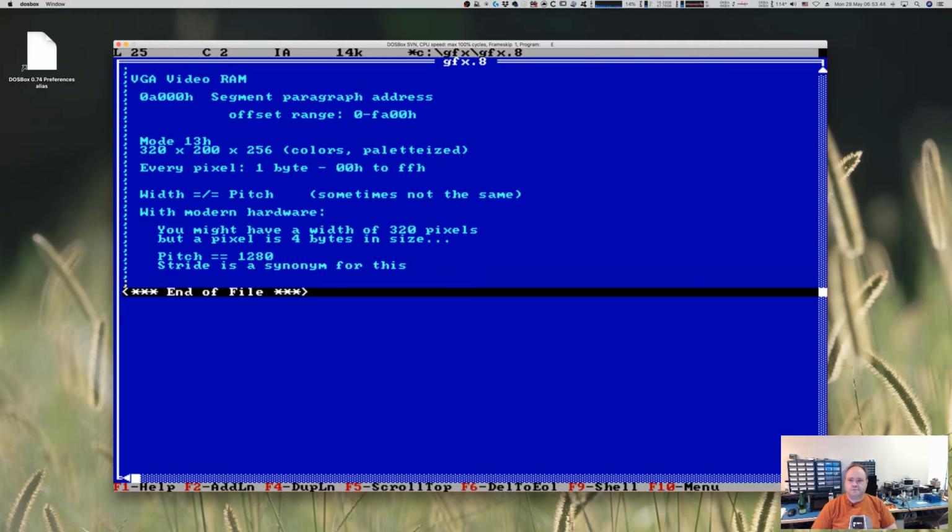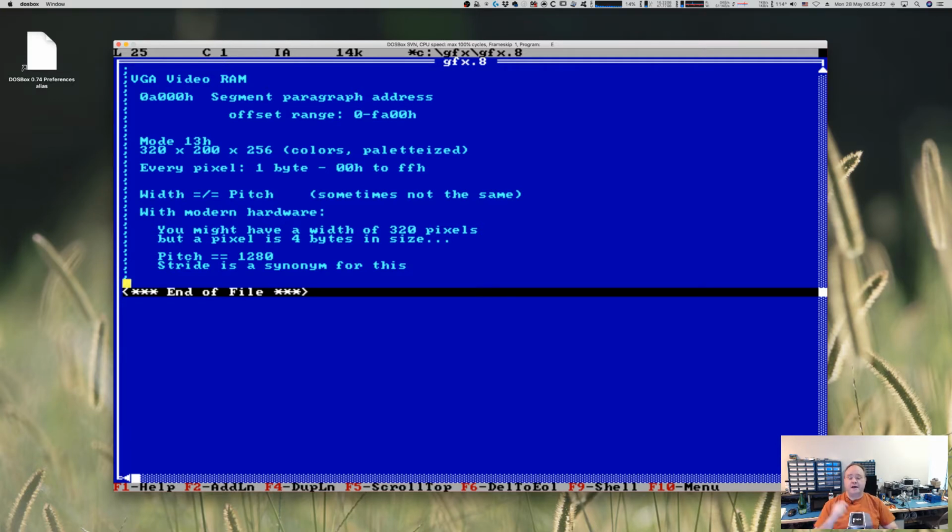So either of those terms you might see in documentation, or you might see people referring to that, okay? So logically, the display is 320 pixels wide, but physically, it's 320 times 4, or 1280 bytes across. Now, this is just an explanation of how we're going to do this computation, because you can take this example and apply it to modern hardware. You can apply this to an STL application, or